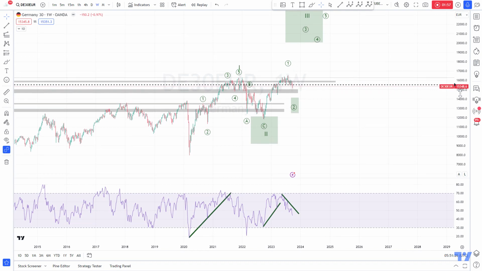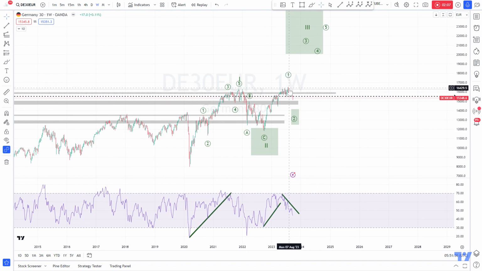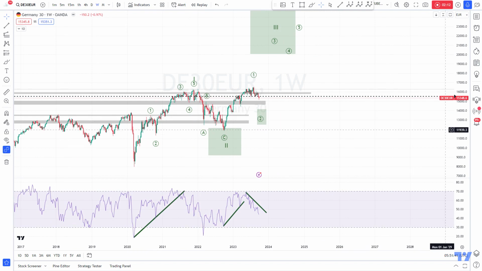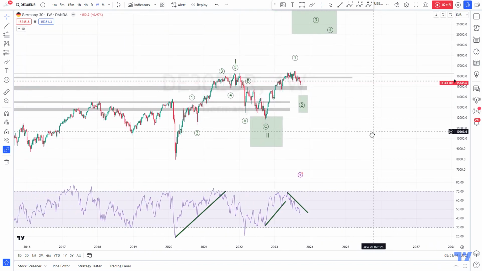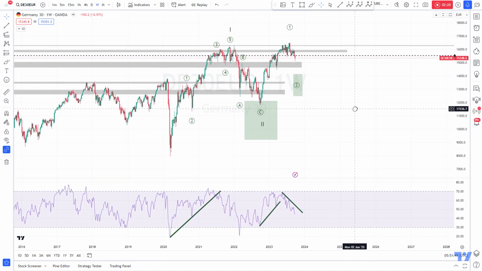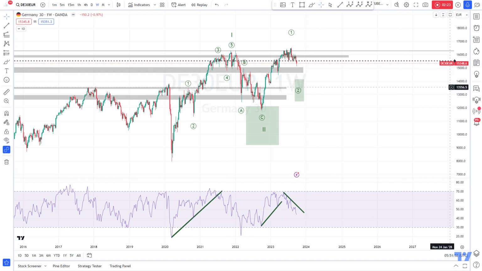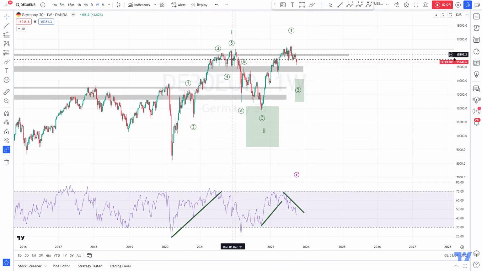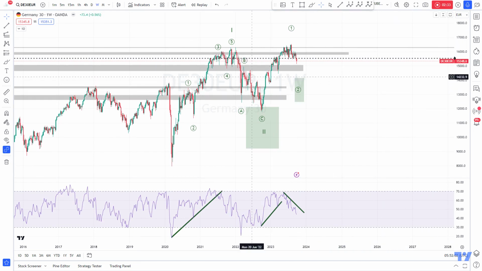And so I believe we now did like the first wave in this higher degree, wave 3. I believe this wave here, this wave 1 is finished, and that we are now working on a wave 2. So this looks all very bullish. Of course, there is still an alternative. This is not my primary scenario. My primary scenario is indicated here in green, but the alternative could be that